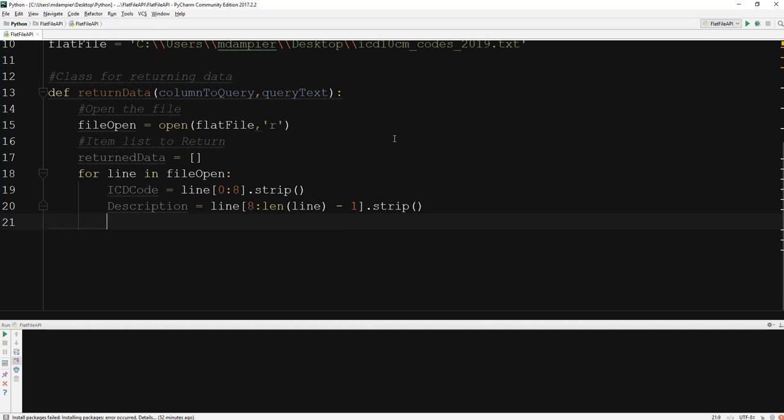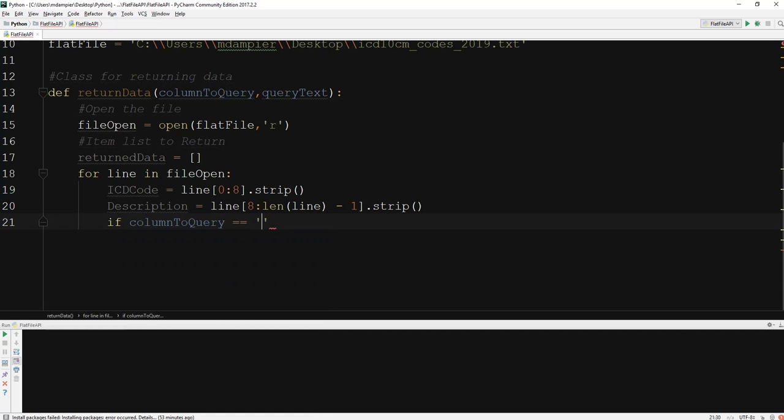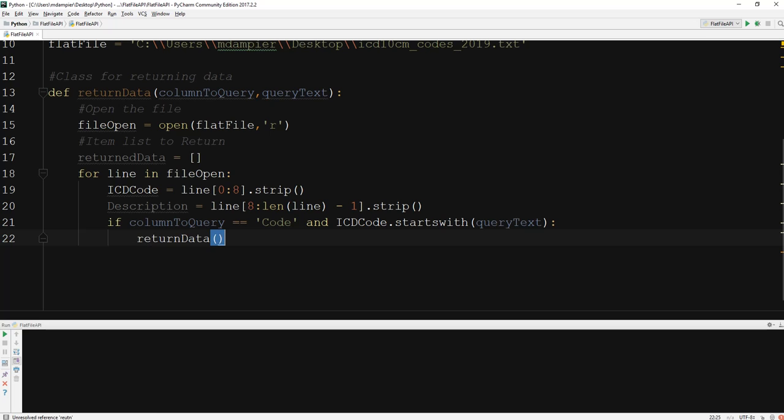So if it starts with it. If it's the description, since that's a little bit more broad and a little bit more vague, we just want to see if it contains the text. So we will have 2 different conditions. So if our column to query is equal to code, which we'll pass in later, and if our ICD code that we just called here starts with the query text that we sent, then we are going to, within our return data,